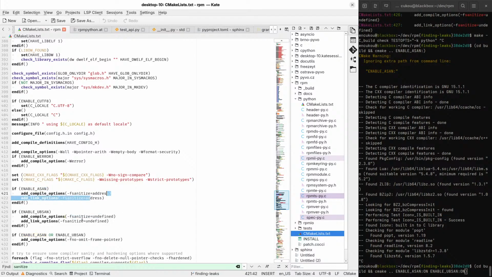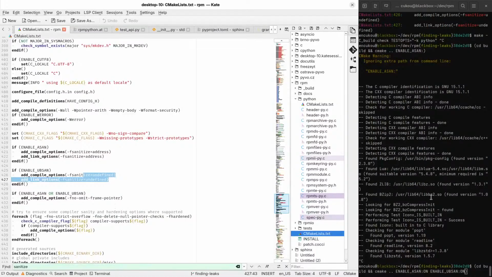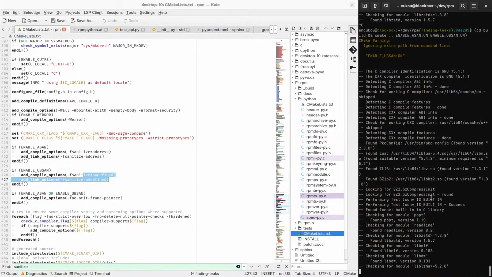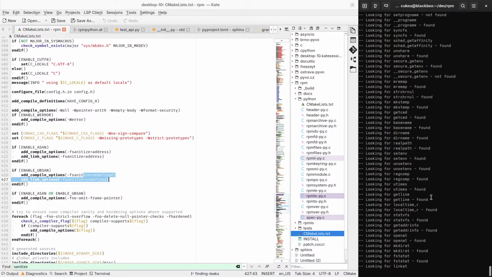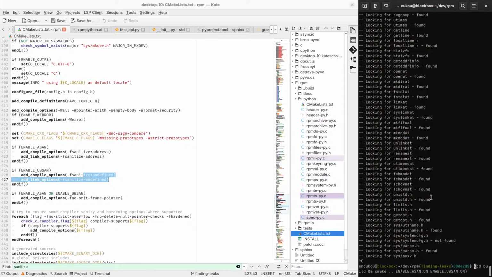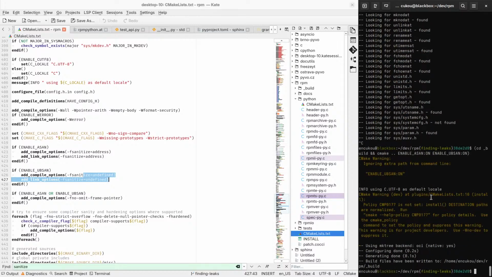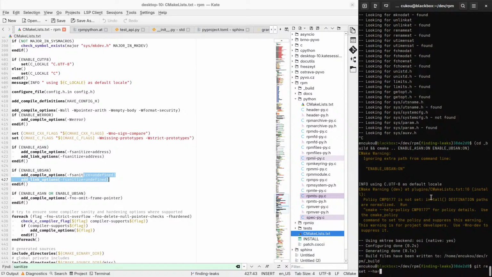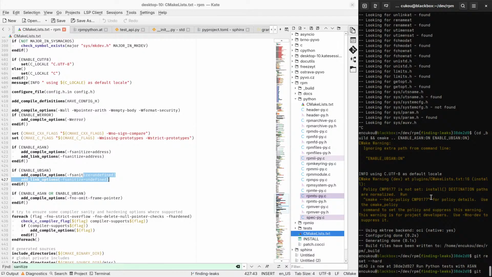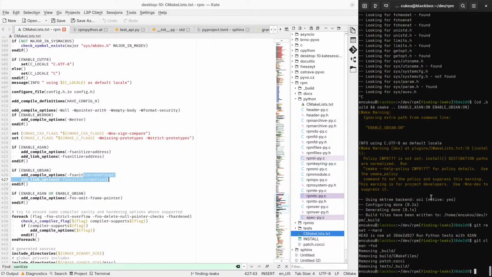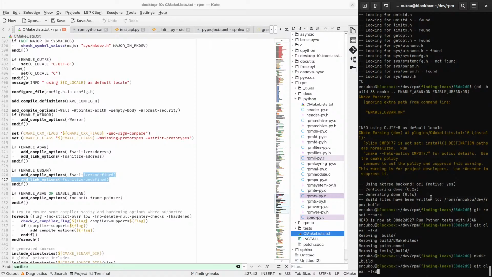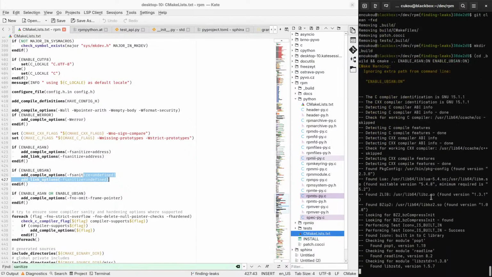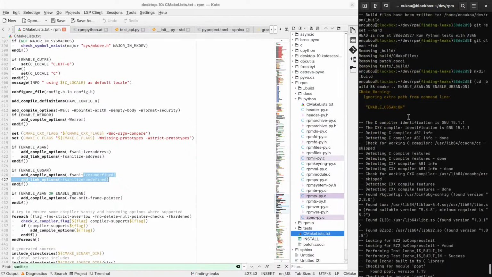We'll do sanitize address, sanitize undefined, but I don't see the leak checking. Underscore get. This is extra path.